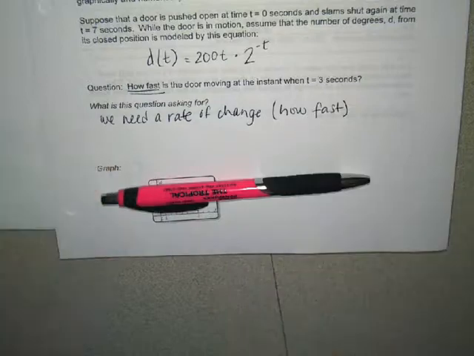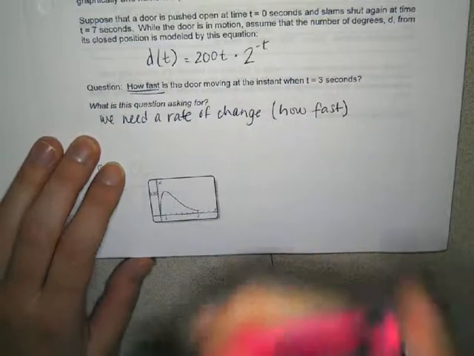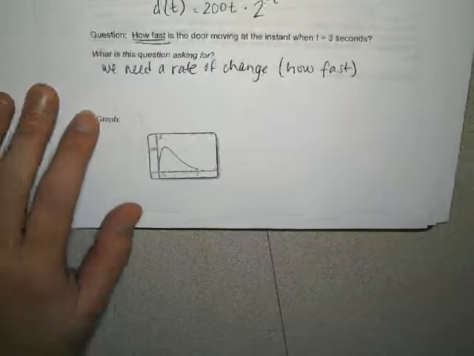Like if you're driving and I ask you how fast you're going, what would be your answer? A typical answer: miles per hour. Something miles per hour. 45 miles per hour, 80 miles per hour, whatever you're going. Miles per hour, if you were to write that out, it'd be miles on the top of a fraction over hours. So this would be an example of that because we have time at the bottom of our fraction here and some variable on the top. So we need a rate of change. How fast? And we're looking at a specific instant